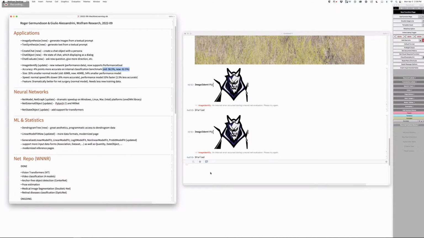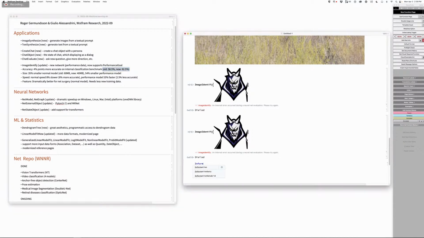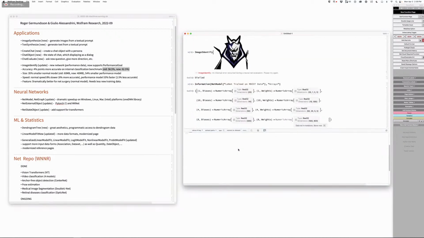Information. I'm trying the syntax now. Let's try the net, for example, which is more net model. I'm just pasting some code now in the chat. Oh yeah, here. Arrays. Okay.